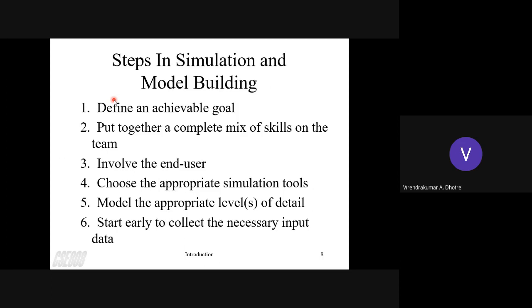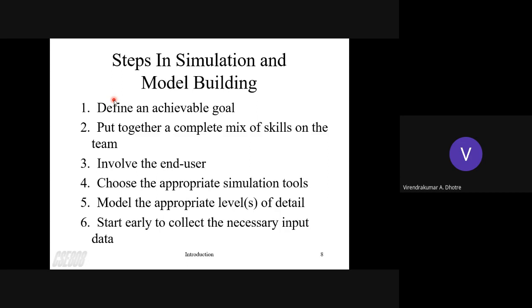I mean to give you a clear idea that first we have to define what we can do, what we require, and whether it is feasible. Feasible means achievable. So define an achievable goal when we try to create a model of something. That is the first step. Define not only a goal, but an achievable goal. Then once our achievable goal is set, we can start working on it.